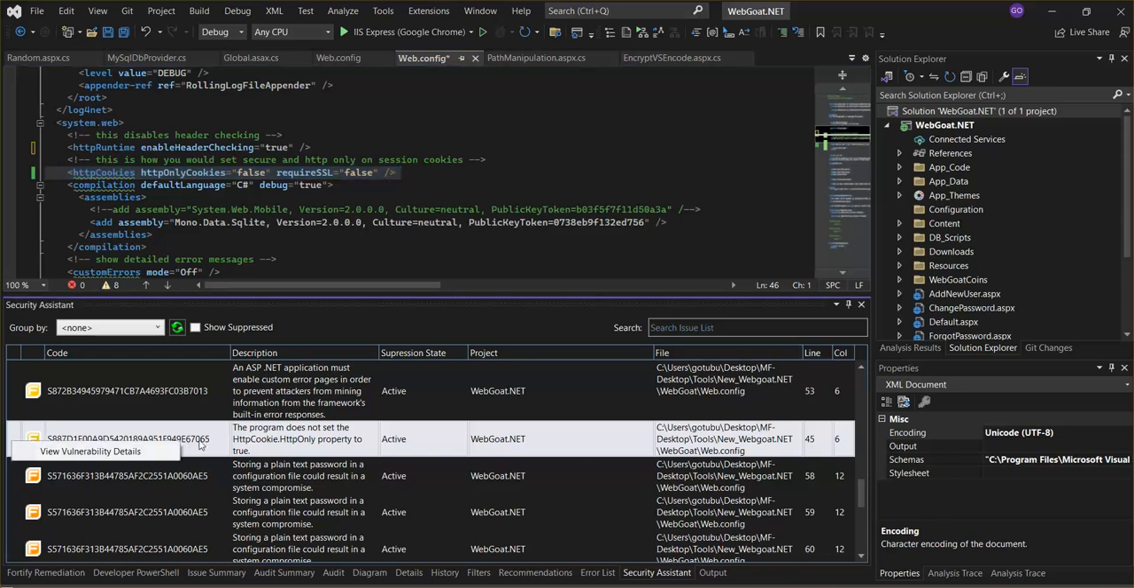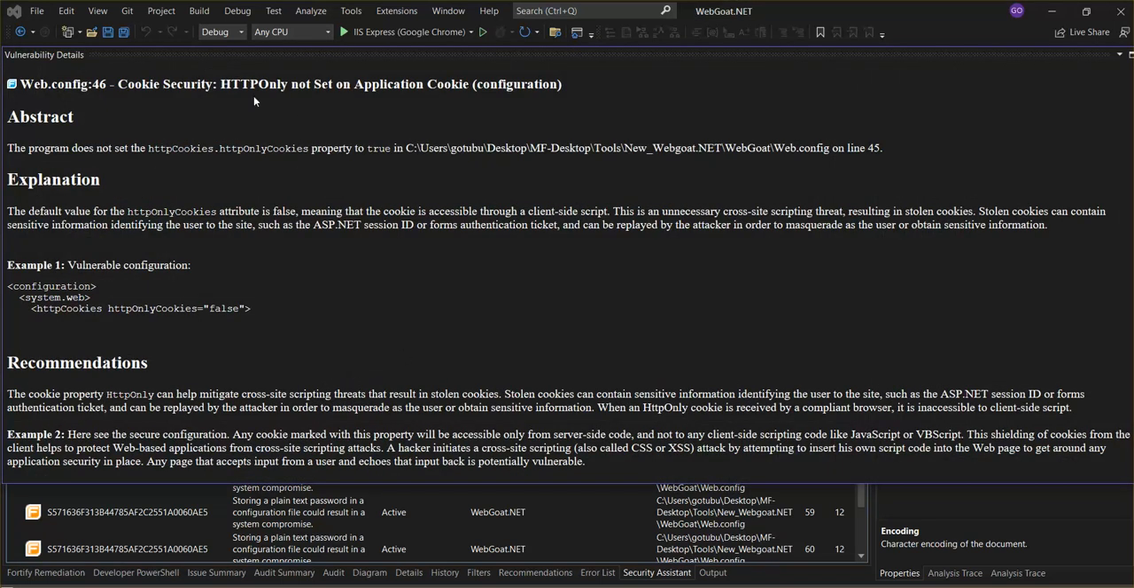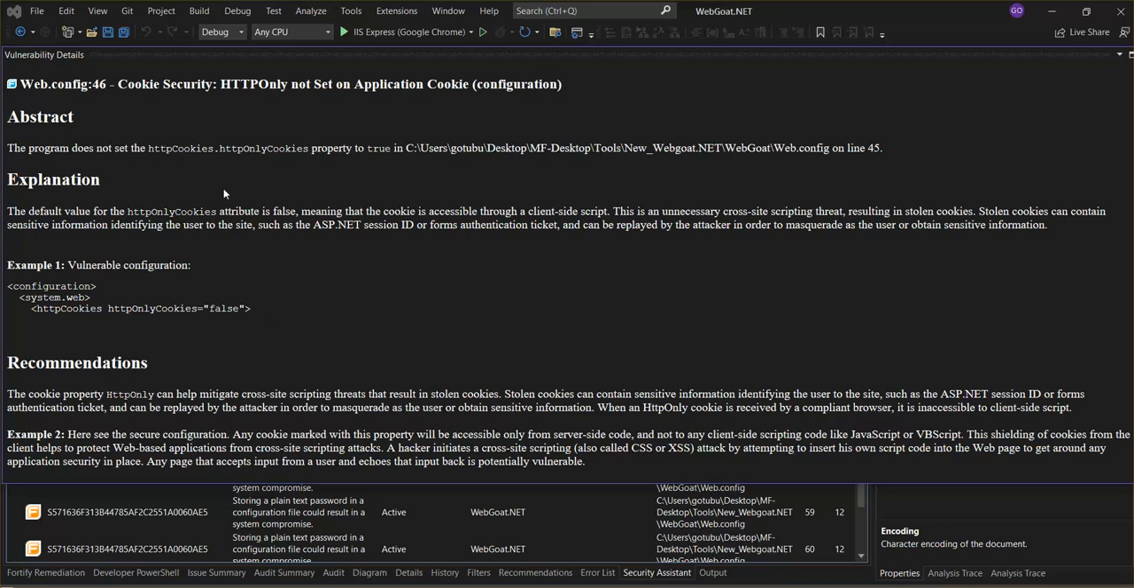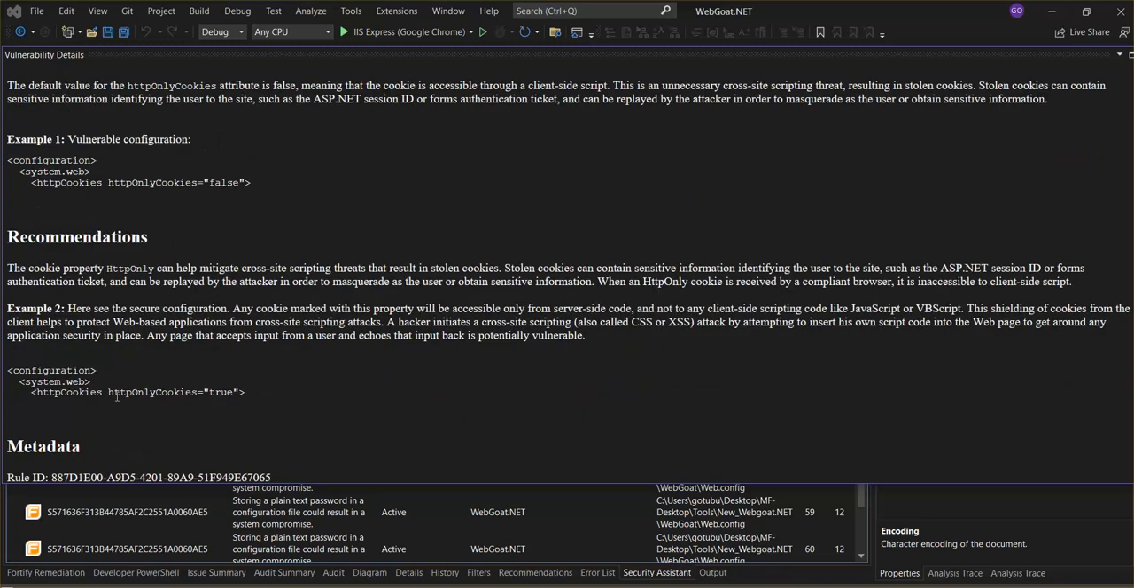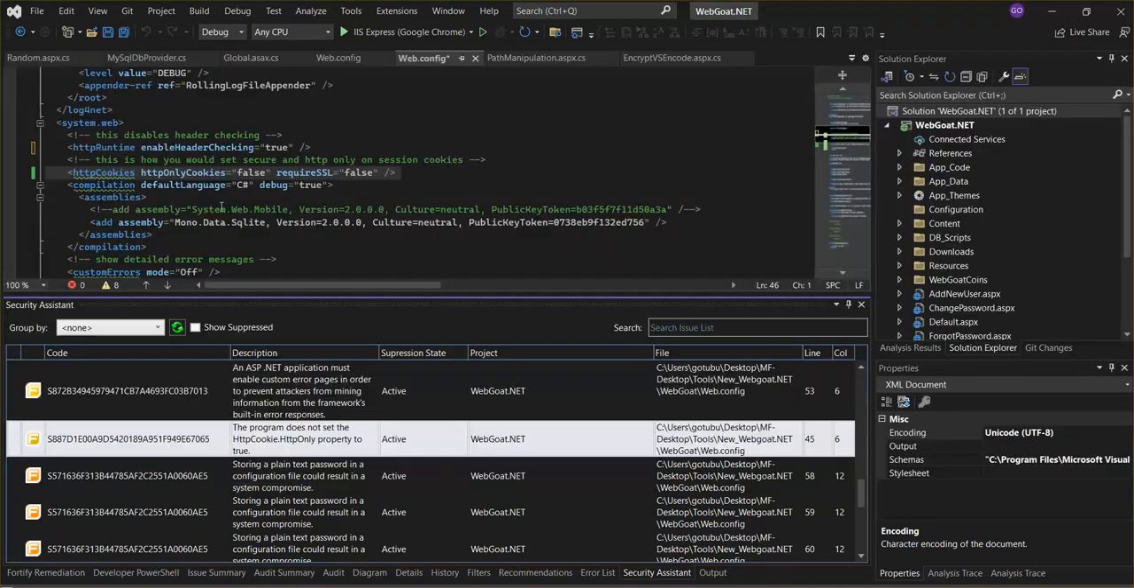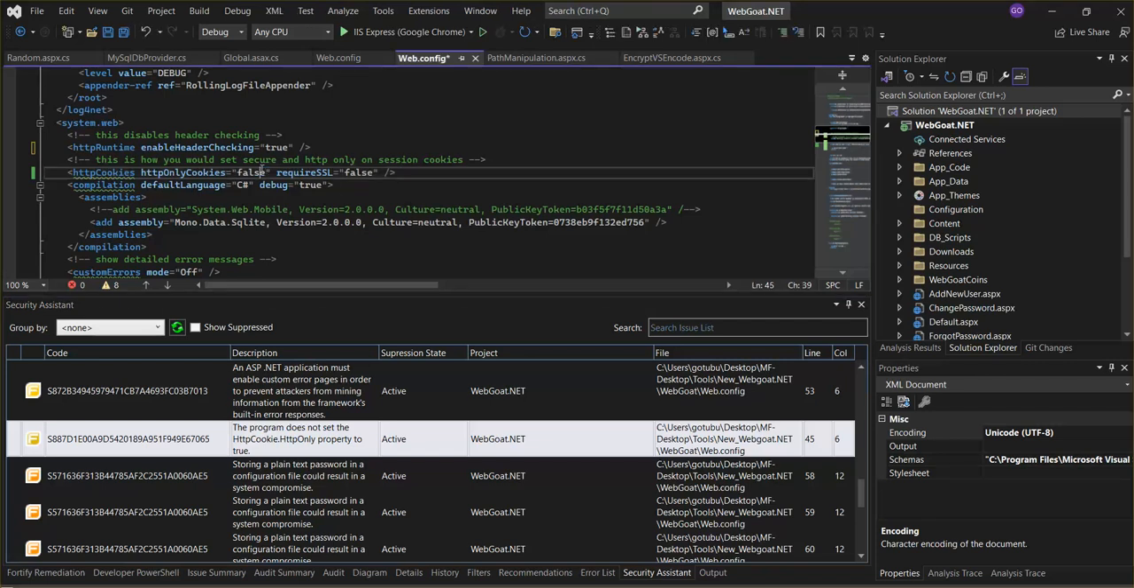If I right click on this issue, I'm able to get additional vulnerability details where we have a tab pop up, giving us more of a detailed description on why this is relevant and also recommendations of potential fixes. So as I take a look at this, it's a cookie security issue where it requires us to set our cookies to true. So I'll go ahead and close this out real quick. And since we're on that line, we have the HTTP only cookie set to false. I'll go ahead and set that to true,